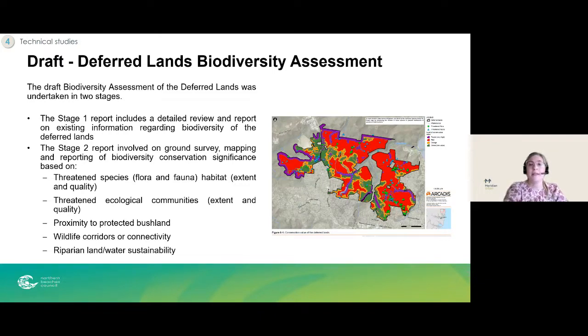The map colours are intended to represent different levels of conservation significance and include purple, which identifies very high conservation significance, including national park boundaries, major creek lines, and threatened ecological communities. Red,